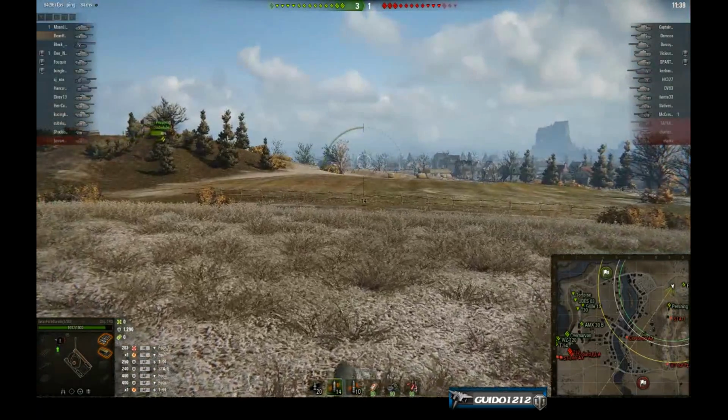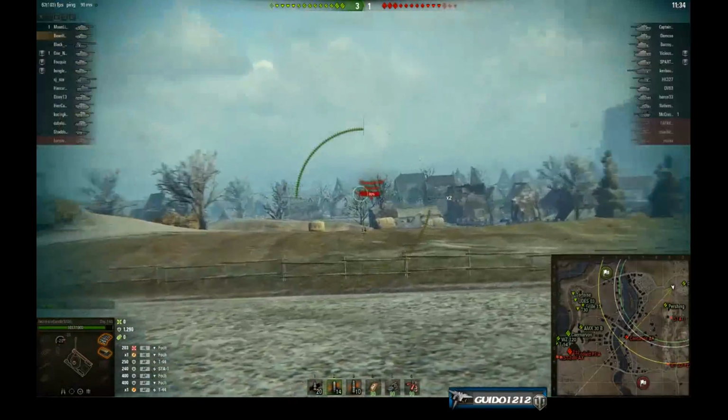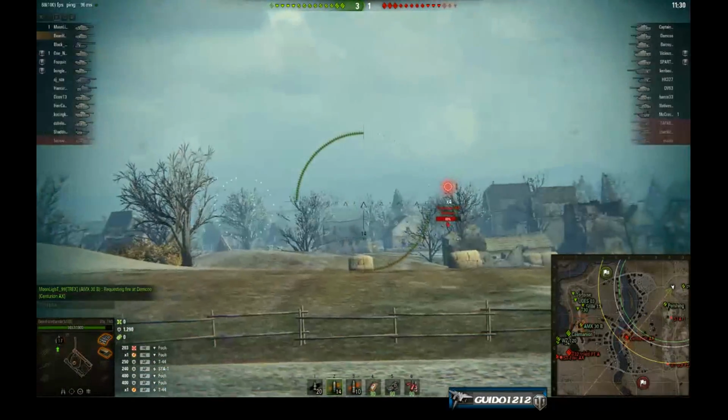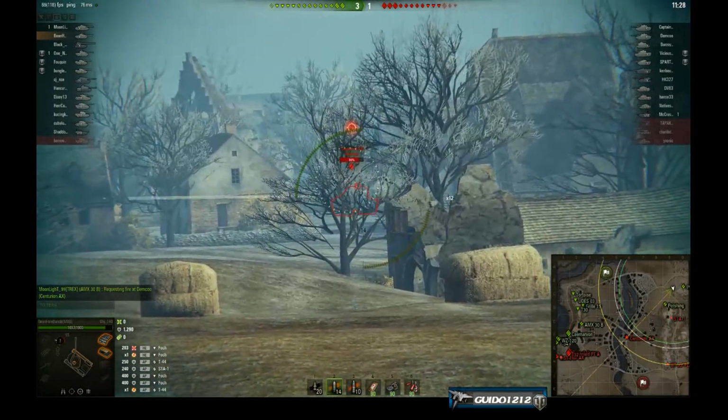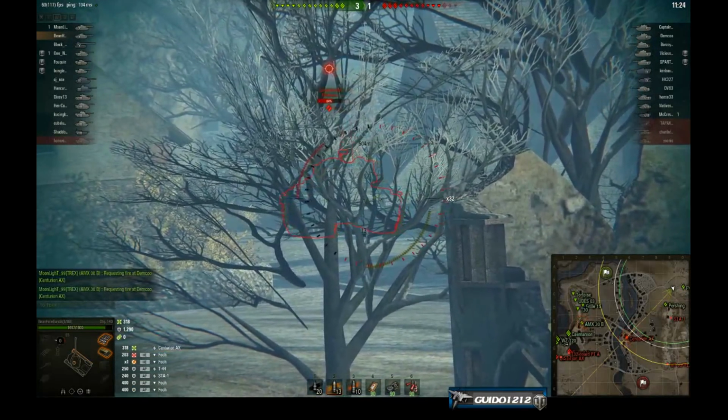What are we trying to do right here? What are we trying to do? Oh, there we go. There's a guy to shoot. Centurion. Shift around a bit. Get into a shooting position. In fact, I might even go a little bit farther forward and dive down into the road there where there's a little bit of